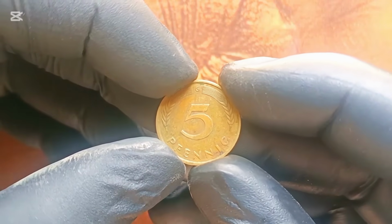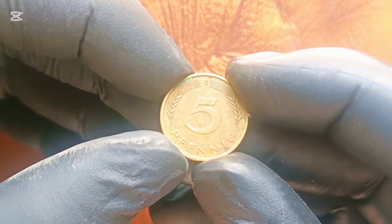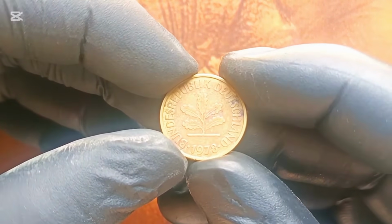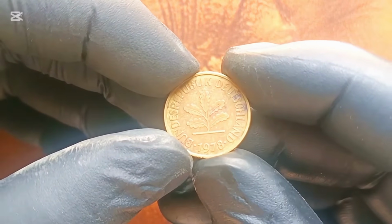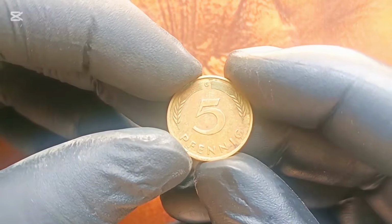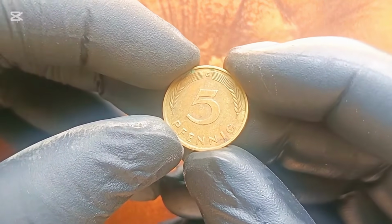This small bronze-plated steel coin carries more than its weight in metal. It carries the story of post-war Germany's rebuilding, its economic strength, and its meticulous attention to craft. The oak leaf design on its reverse is more than decoration, it represents Germany's resilience and deep roots. The 5 Pfennig was introduced as part of the Deutsche Mark system and quickly became one of the most common